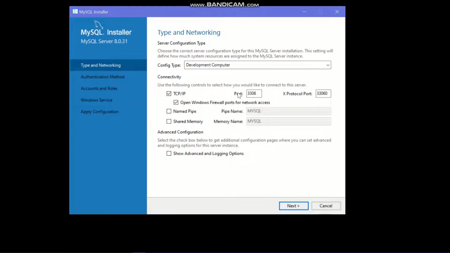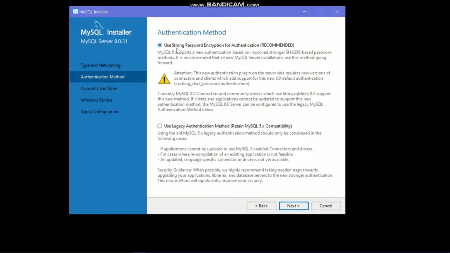And then we have here your connectivity. So we simply just leave this the way it is. Leave this on default, and just click on next. So here it says use strong password encryption for authentication. So I think before you get to this stage, there should be a page for, okay, well, let's see,